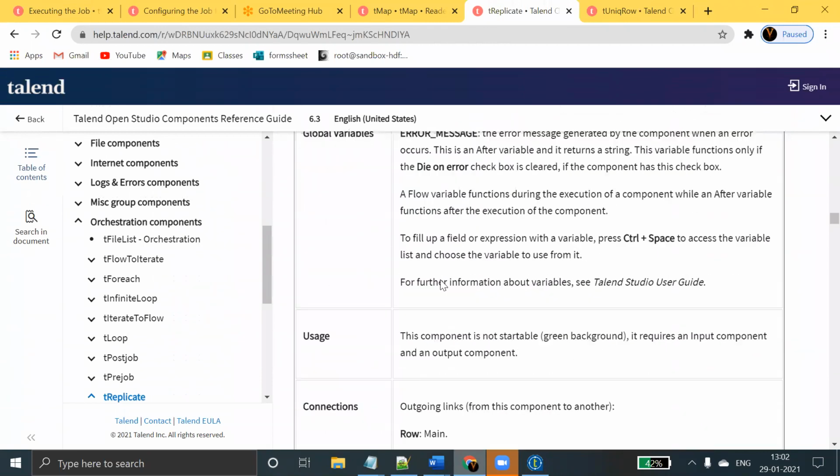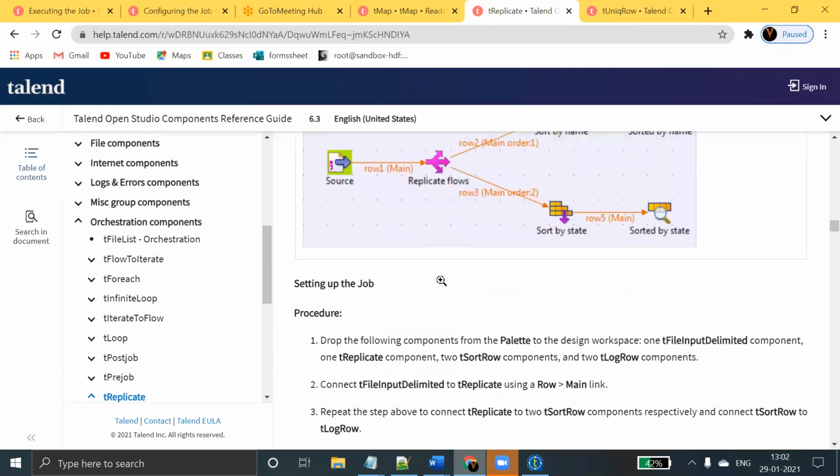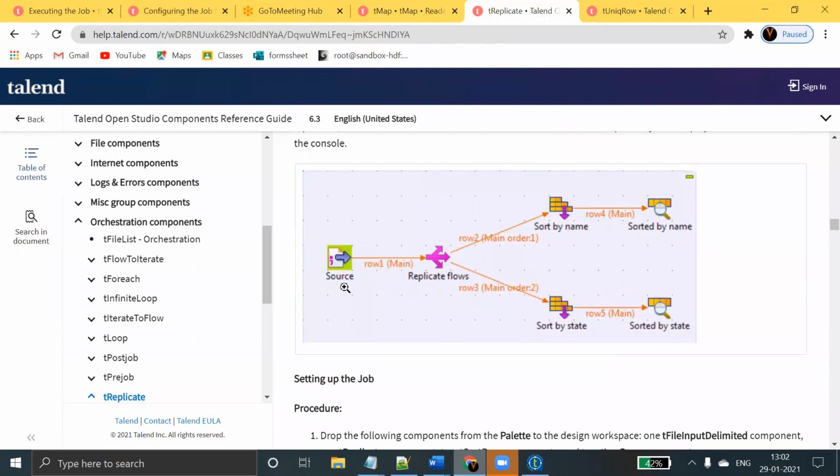These are the schema and options. You can see here this is my source, and I am using the tReplicate component. With that, I'm flowing the same data to one component, and the same data to another component. Without using tReplicate, you have to take this source two times, which is unnecessary reading time, a waste. So in that case, the tReplicate component is useful.